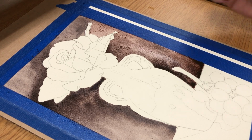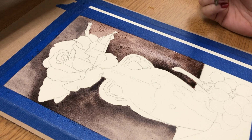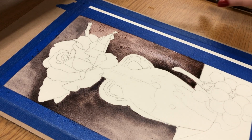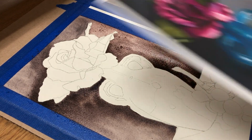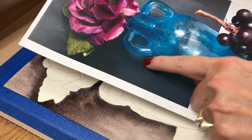And at this point, I'm getting a little bit of pooling down here. I'm going to drag that out. At this point, I'm going to let that dry. I like how I'm getting this nice shadow edge along there. To compare it to my photograph, I can see that that's the darker part. It looks like it's creating a little bit of a